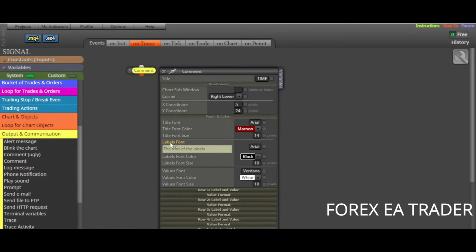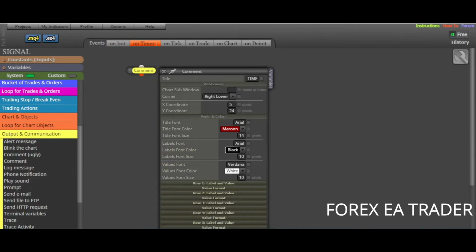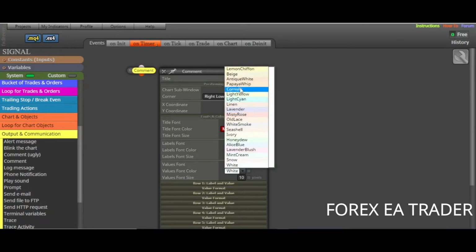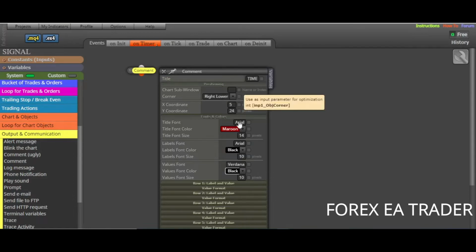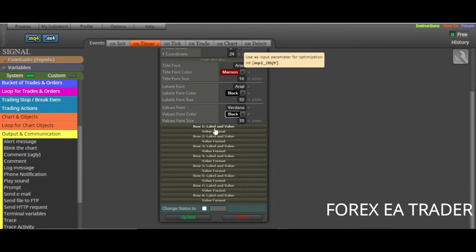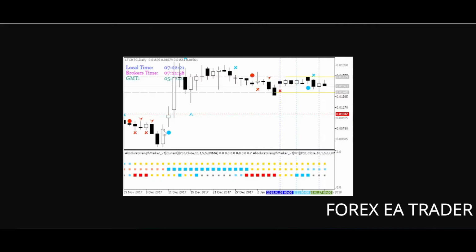So that's basically it. Because we are on a white background, of course we don't want color white. Maybe we go black again, black. That's basically it. Then now for the values, for the labels, for the values, local time, broker time, GMT time,